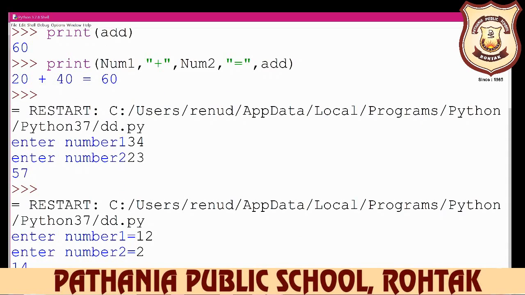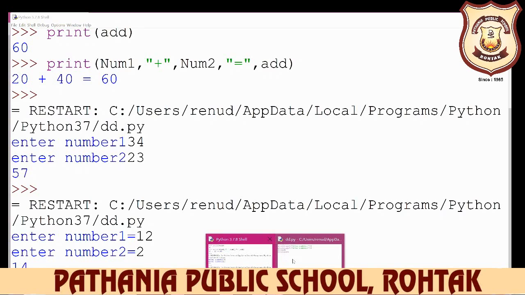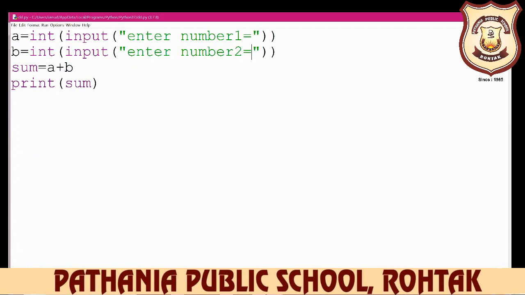So this is the simple program for addition of two numbers. Similarly, if we want to calculate subtraction, then only change here, instead of sum you now write sub for subtract.